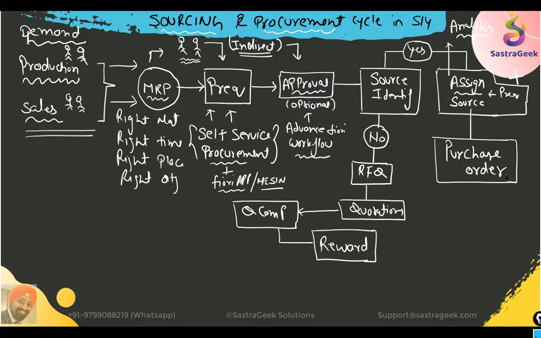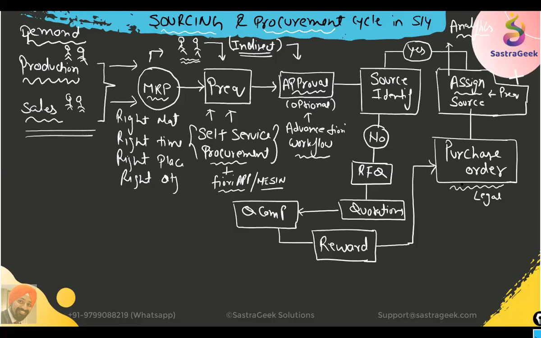So the purchase order would be created. That is the first legal document for the vendor. The purchase order is a legal document. Purchase requisition is not a legal document. It's an internal document. Although we have created a purchase requisition, there is no binding with the vendor to buy it. We have not given it to the vendor yet. Even though the purchase order is created, still we have not given it to the vendor. One way is that assigning a source will create a purchase order. Another way is that once you award it in the quotation process, this will create a purchase order. So there are two ways to it.